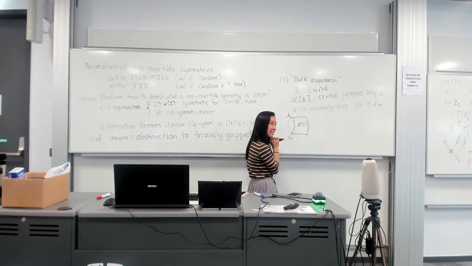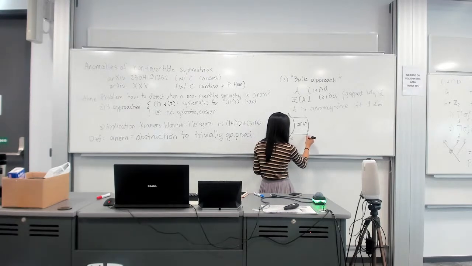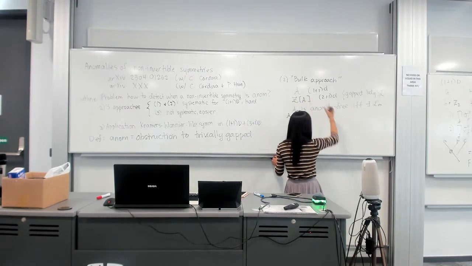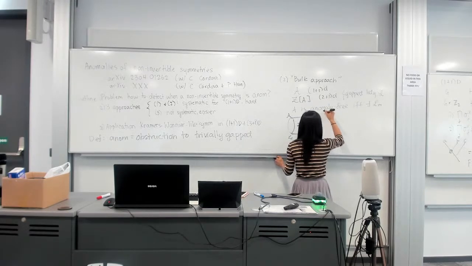Can you say those words again? Can you explain what the picture is? What is a Lagrangian algebra and what makes it electric or magnetic? Is there some simple version of this? Yeah. So the idea is the electric one. This is going to be some collection of anyons. So the Z of A